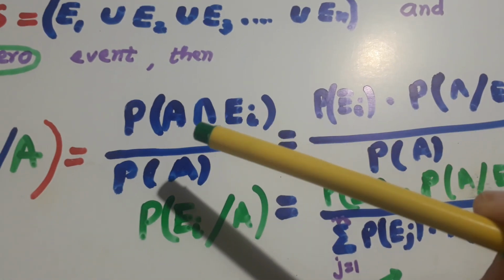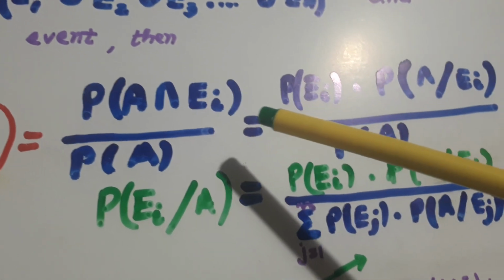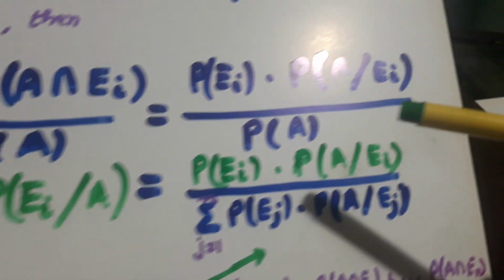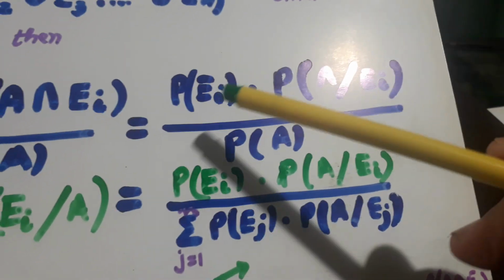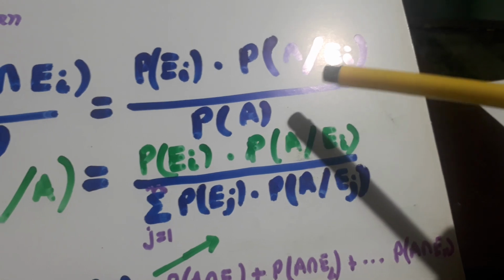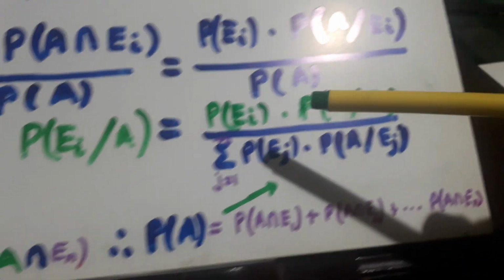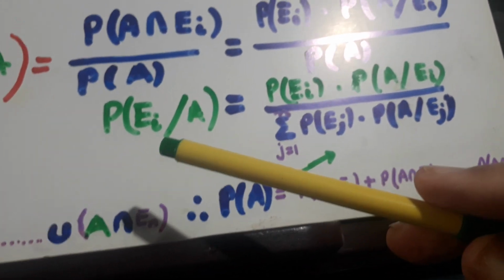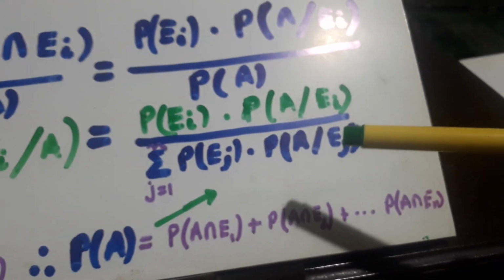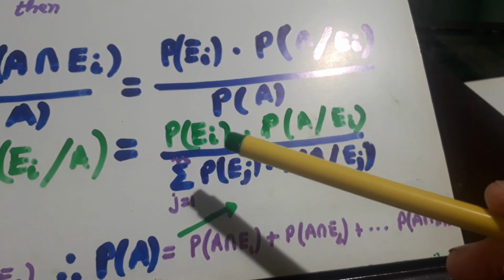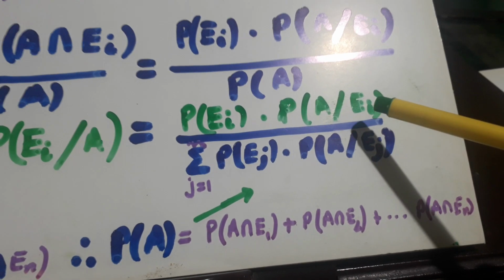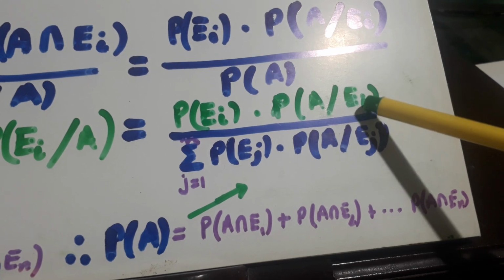So, probability of A intersection Ei over probability of A can be written as probability of Ei into probability of A when Ei has already occurred. So, from here, probability of Ei when A has occurred can be written as probability of Ei into probability of A when Ei has already occurred